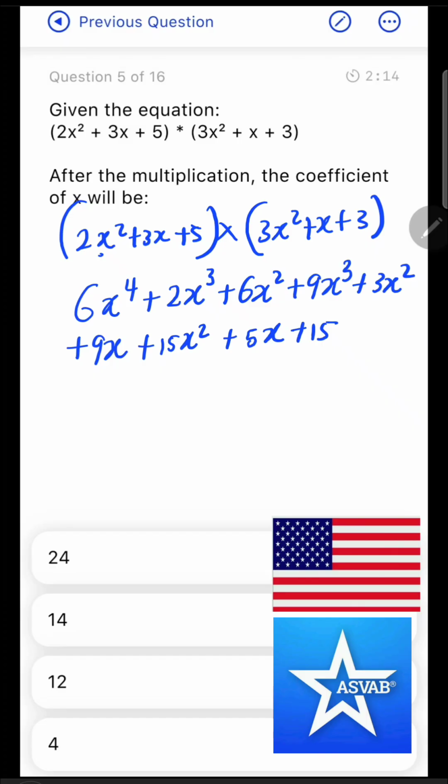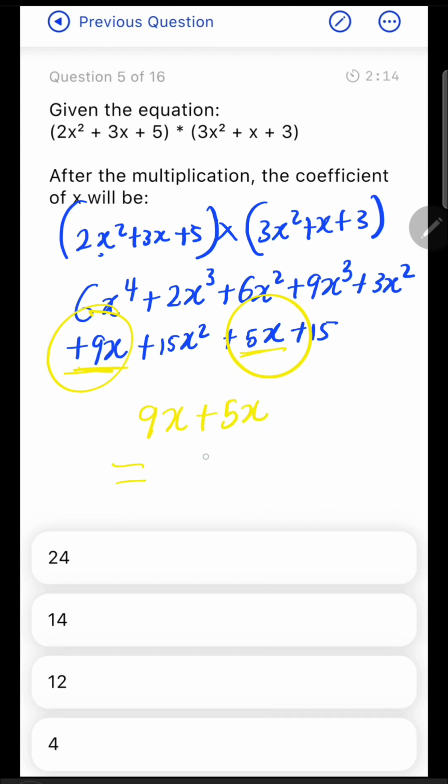Now, as you can see, the question says after the multiplication, the coefficient of x. So the only terms with just variable x are this 9x and this 5x. So we're going to add them together. Our focus is just going to be on these, because these are the only terms that have variable x. So the coefficient is just the number at the front. So here we're going to have 9x plus 5x, and 9x plus 5x is going to give us 14x. So the coefficient of x here is going to be 14. So the correct answer is option